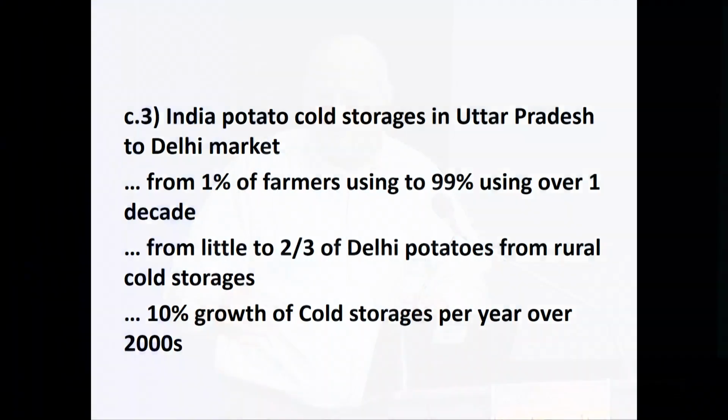And a third case that fascinates me is the one of the potato modern cold storages in Uttar Pradesh. And we also found the same thing in Bihar, in a poorer area. And what fascinated me is that at the beginning of this research, researchers, gurus, and policymakers said, very unfortunately, you're going to find a stagnant food system and potato supply chain in India. And in particular, you're not going to find the presence of cold storages. So we went out and did this survey research and found a tremendous presence of cold storages.